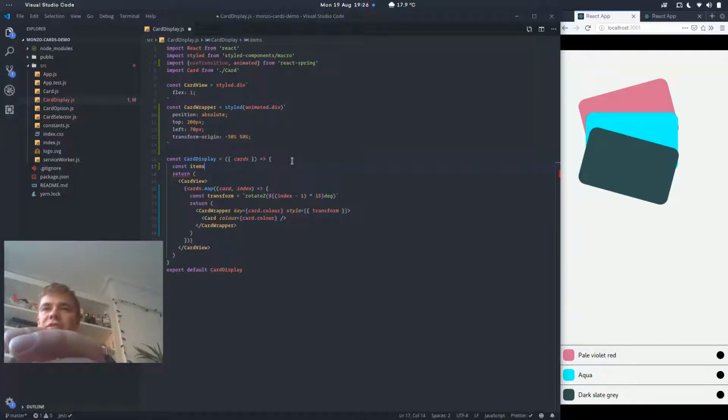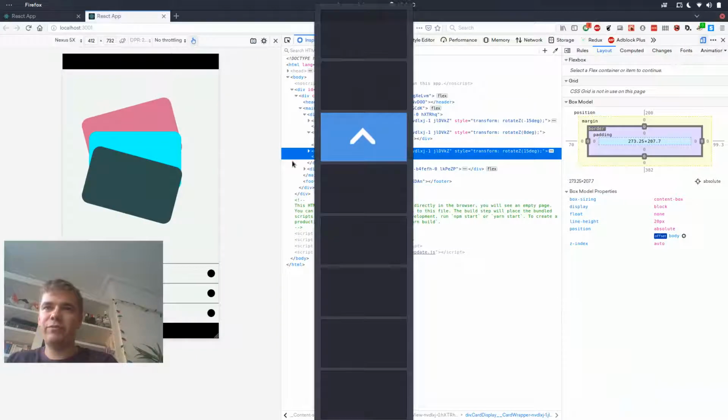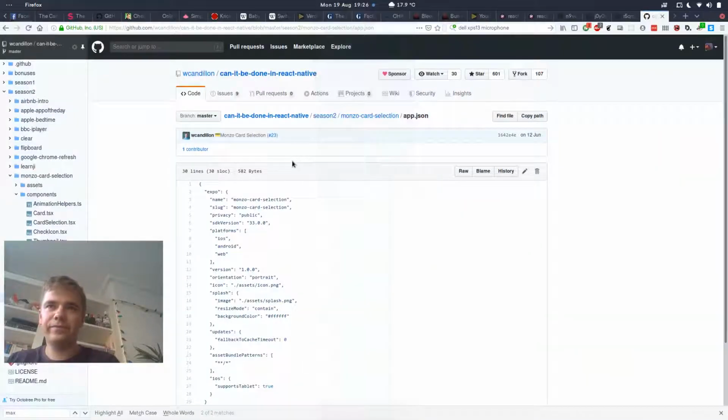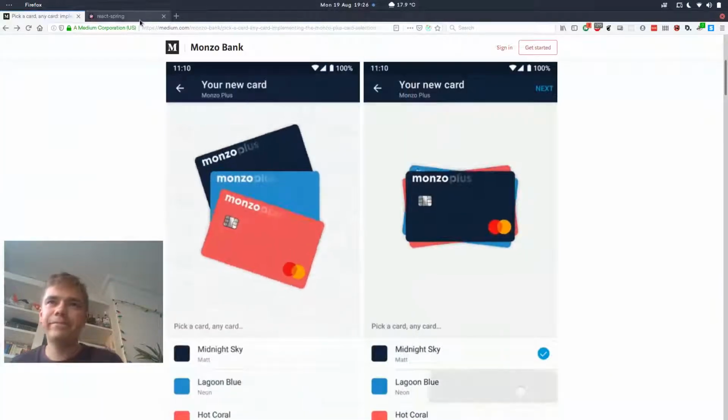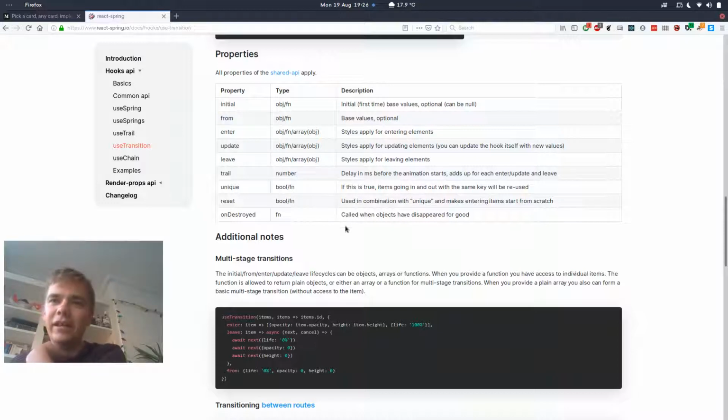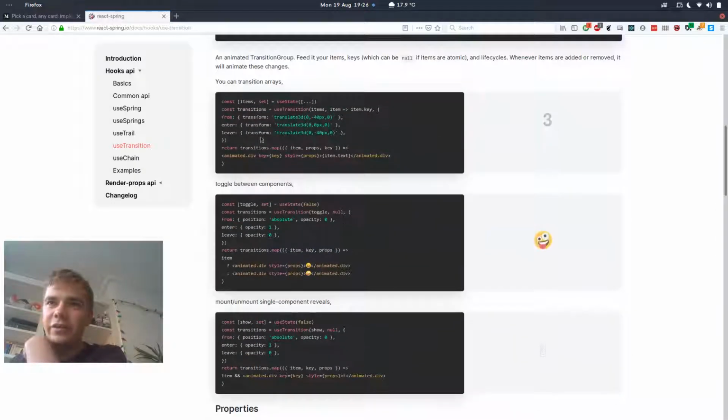So when we use transition with an array, we get an array back. I think we actually always get an array back. But we'll see if we go and look at the docs, we'll see how this works. Oh, too far. So this is our example with an array. So in order to do this, we have our